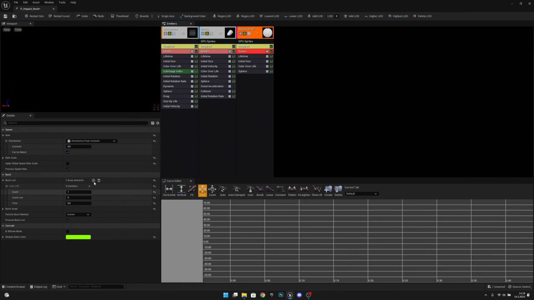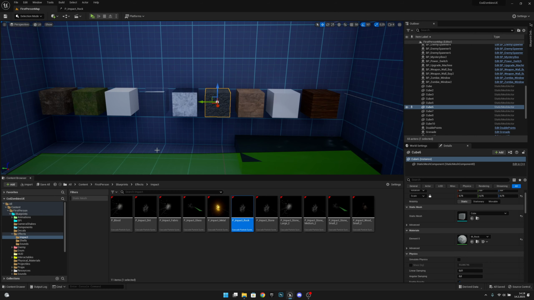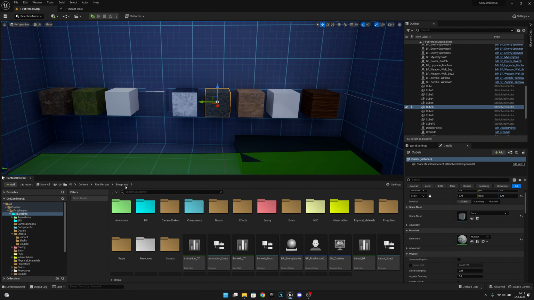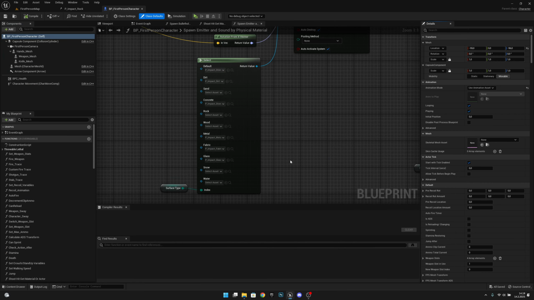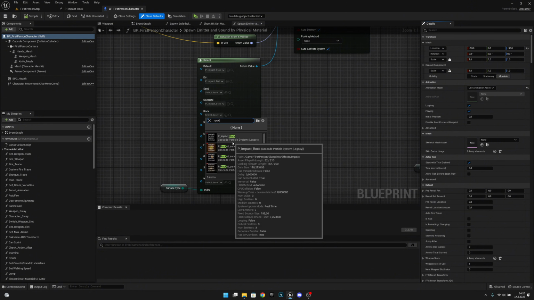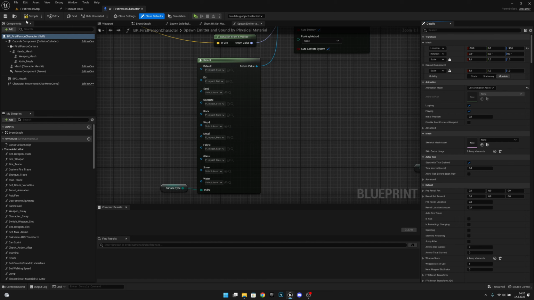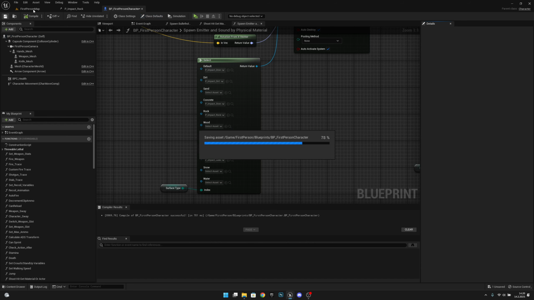we shouldn't spawn more than one of these, but when we save, we move this to here. We don't want to close it. And actually we have to connect it on the BB first person character, so let's go to there. Here, rock. Let's search for it. Rock, P impact rock. Okay, compile, save. And now when we go to play,